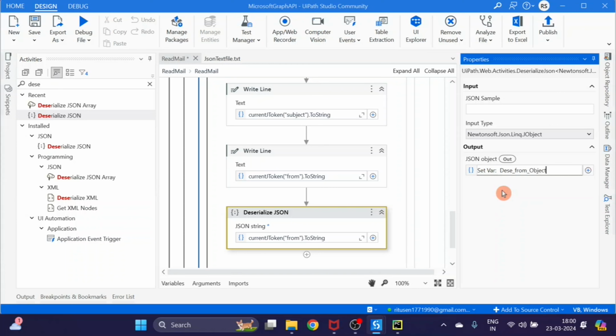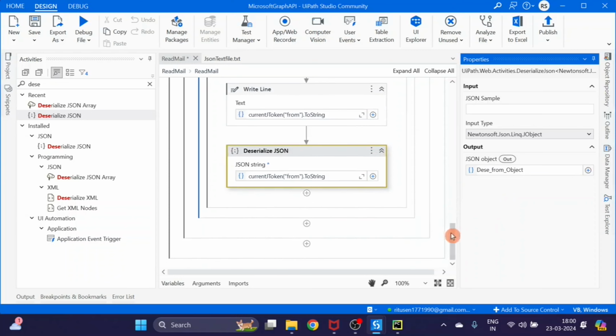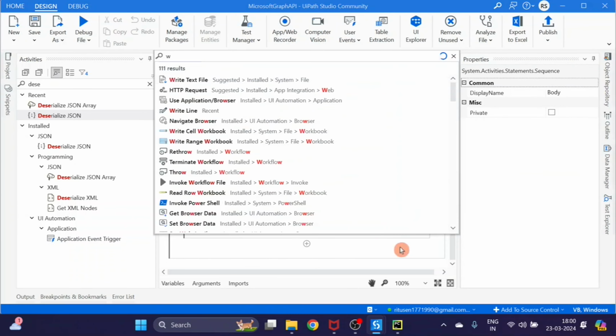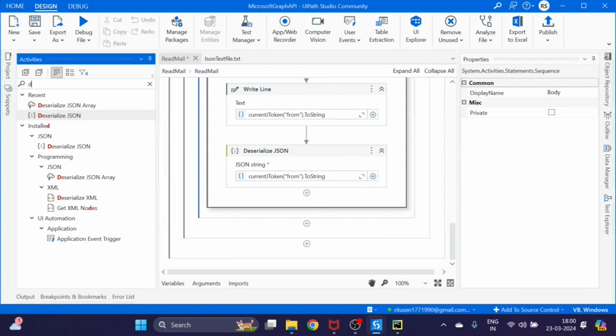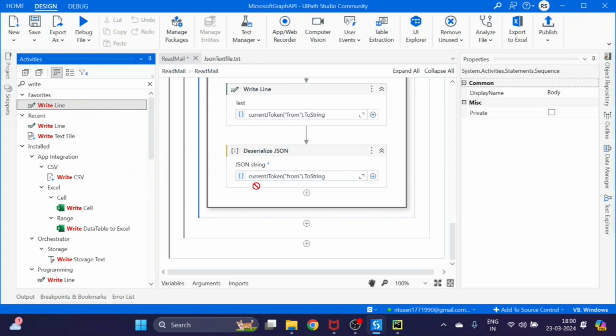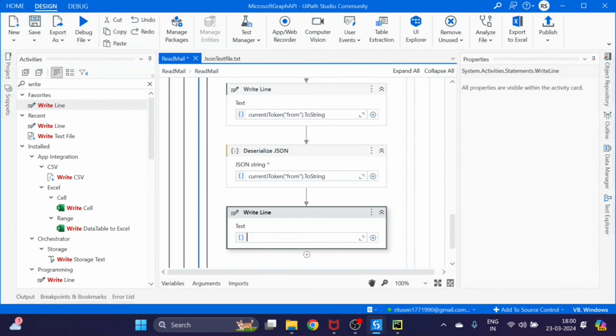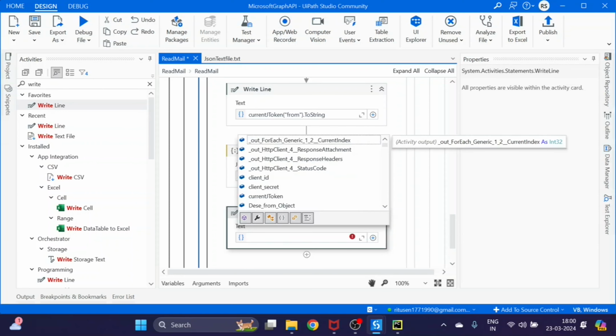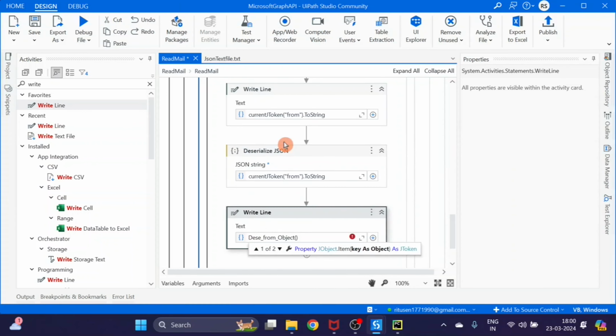Now go to the activity and we will use a write line activity here, with the same variable that I have created, Deserialize JSON from object. Okay, and here we will use email